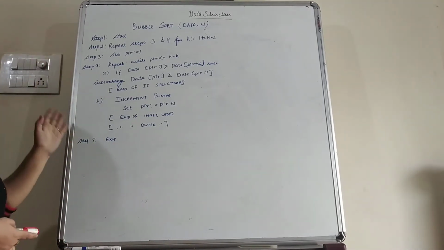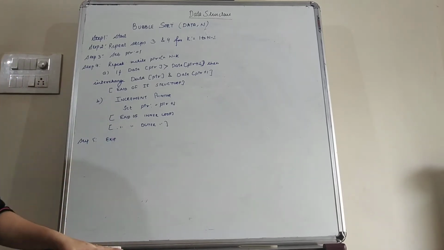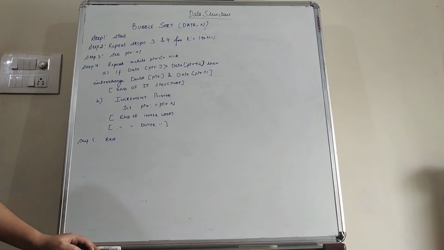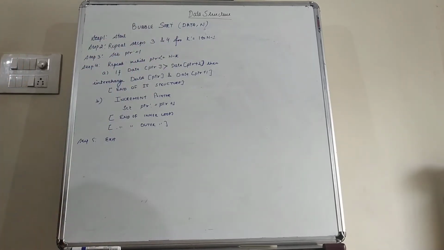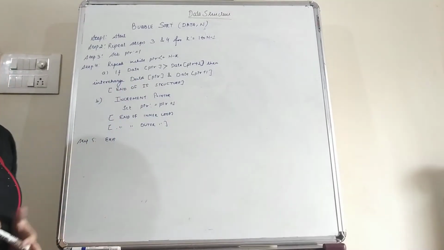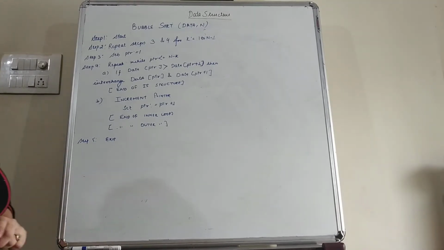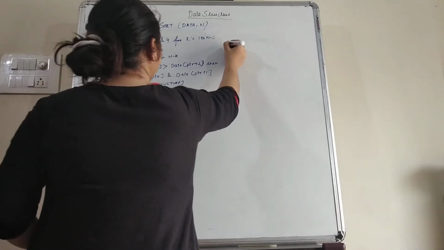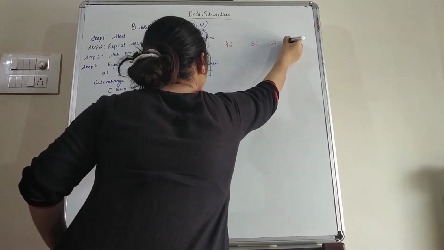So this algorithm can arrange the elements in the ascending order. Now students, we can start with the algorithm part. Here it is written Bubble Sort (DATA, N). So Bubble Sort is the name of the algorithm, while DATA is the linear array and N is the number of elements that are present in the linear array. Now students, for example, we have 5 elements: 46, 36, 56, 20 and 1.